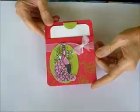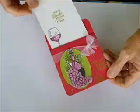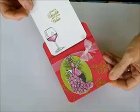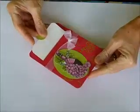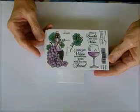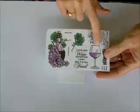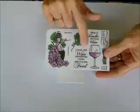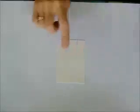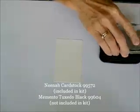This month we are making this pocket card with our new wine set, Chianti, and this is the tag that goes in the pocket. Okay, we're going to be focusing on the Copics this month. In your kit you'll get a piece of Neenah cardstock, and you'll also receive the whole stamp set, the Stampette set of the Chianti, and we will use the glass, the wine bottle, the vine, and then your choice of the verses. So on your Neenah cardstock you're going to use your Memento ink and ink up your stamp,